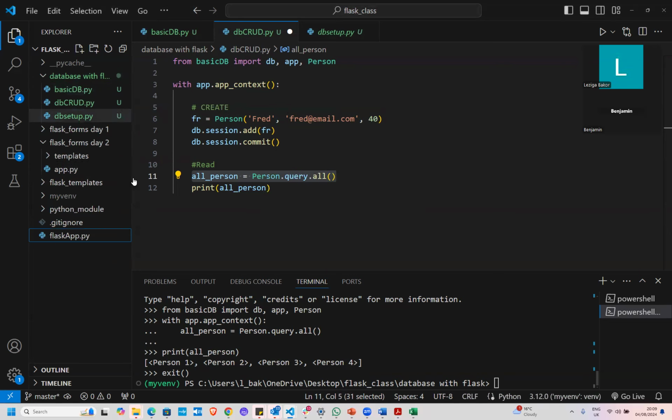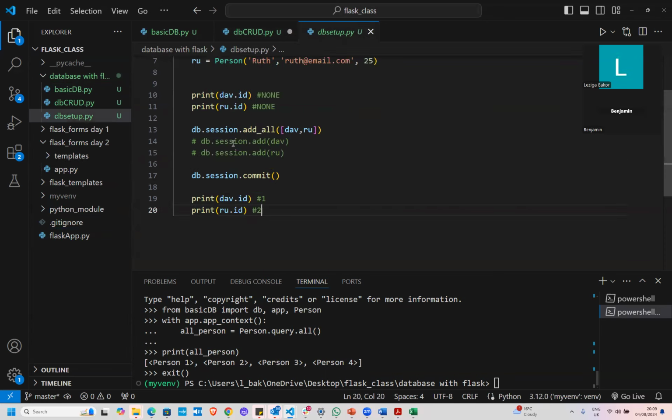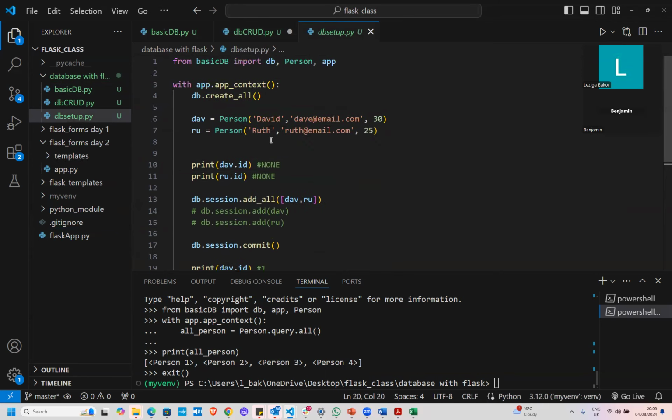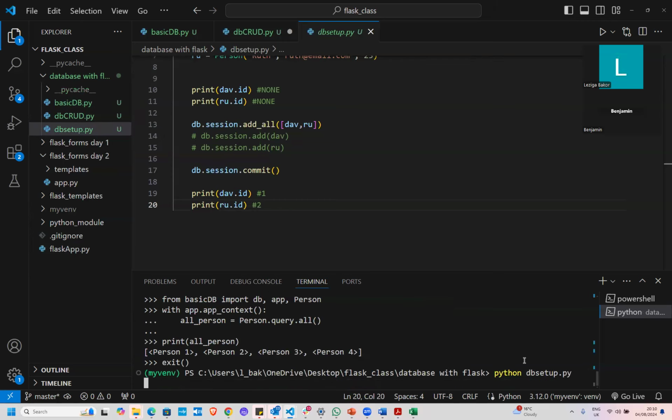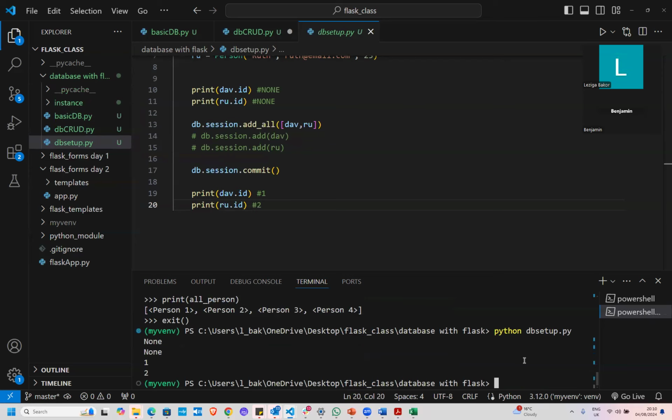So now with the updated file, let me recreate the database. And to recreate it, all I need to do is to run this setup. Now, when I run this setup, it's going to have only one div and one array, except I run it twice. So I can just say python db setup.py. So it's created again. Now we go into the Python shell